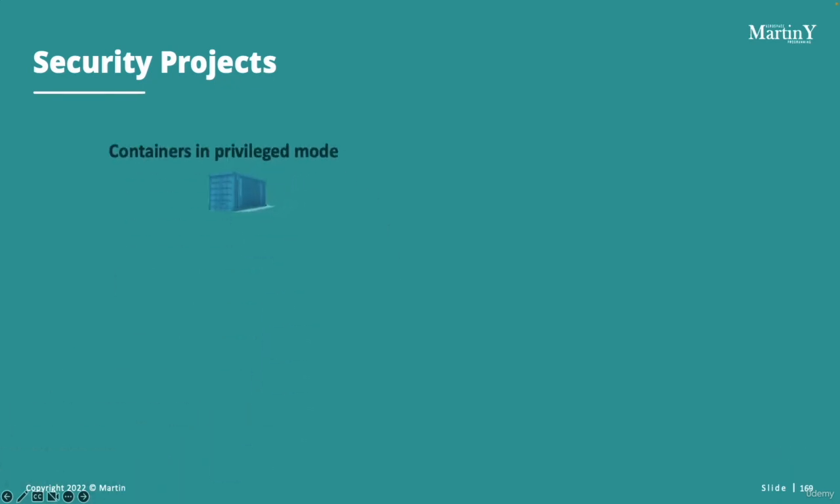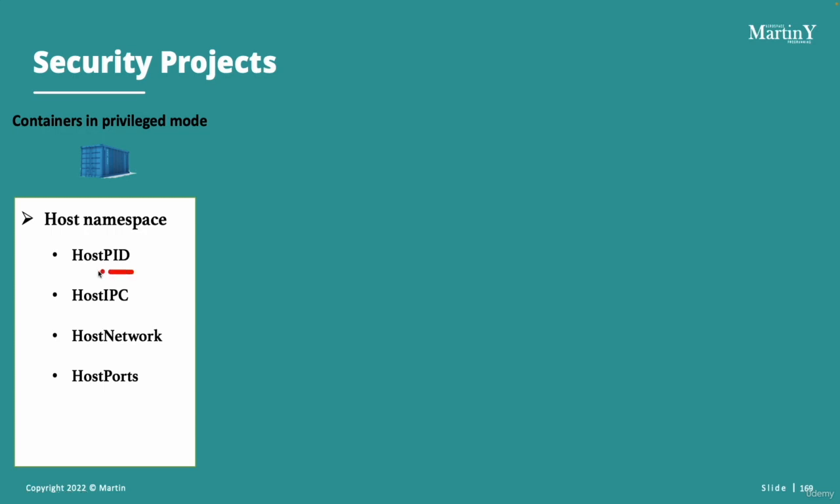So the pod security policy will normally allow the administrators to control the containers in privileged mode, and to do that there are 4 fields that allow us to define the behavior of a container with respect to the access to certain parts of the host. Those fields are the host PID, which controls whether the pod containers share the same process space as the host. Then you have the host IPC, which controls whether the containers in the pod share the same IPC space,